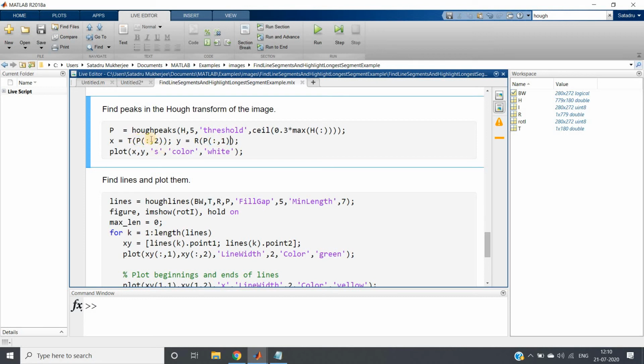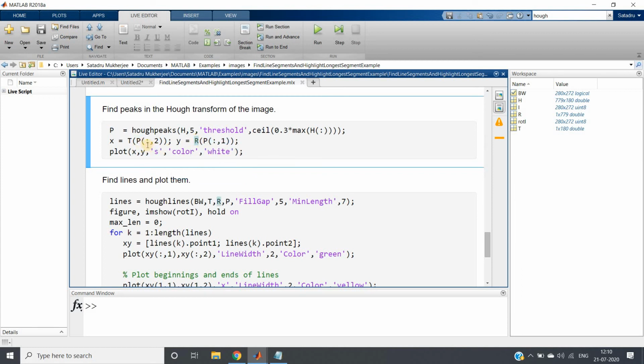What it says is, I am finding the corresponding theta value for which these peaks are coming. P(:,2) is the column I am taking, and I extract the corresponding theta value, and P(:,1) is the row, from which I calculate the corresponding rho value.